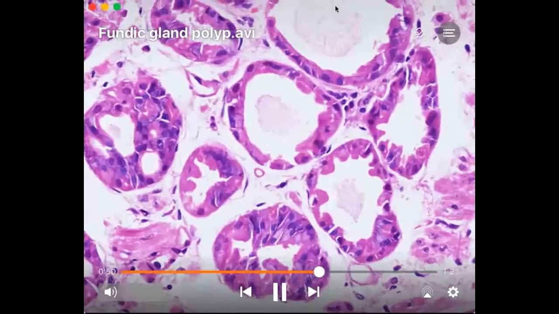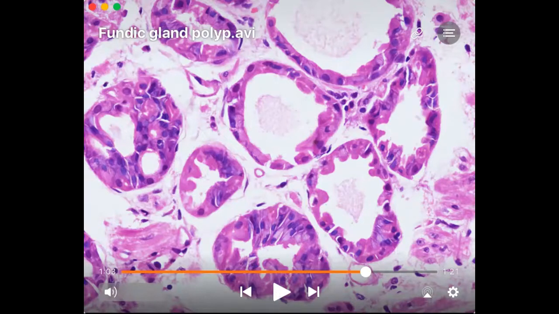So if we have cystically dilated glands in the lamina propria and these glands are lined by these parietal and chief cells, then these are the ones that we are going to call fundic gland polyp. Now you could also have some of the glands which are lined by mucus secreting cells, but in addition to those mucus secreting cells, you should have a presence of parietal and chief cells also on the lining epithelium.